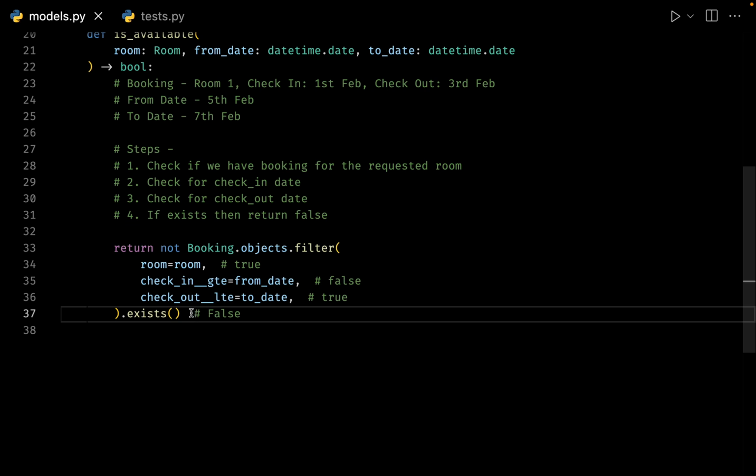You can always check if the room is available or not, and if the room is available, then you can display the button, or you can display a message saying that it is fully booked,